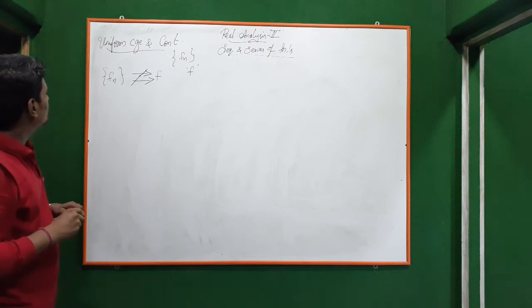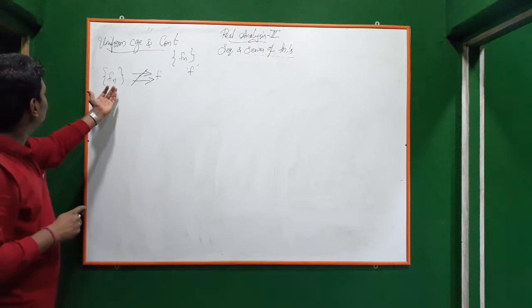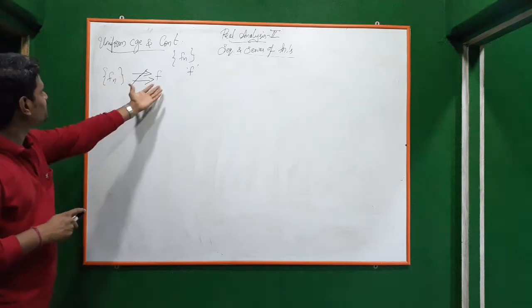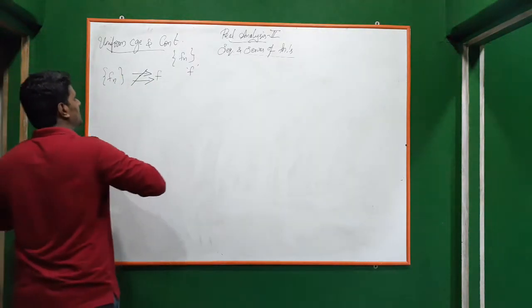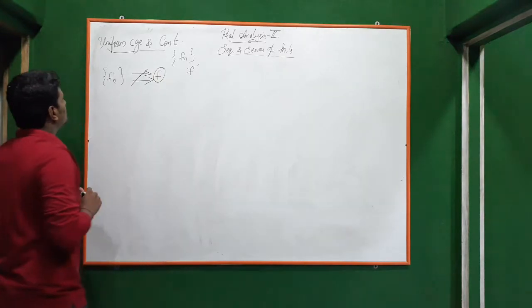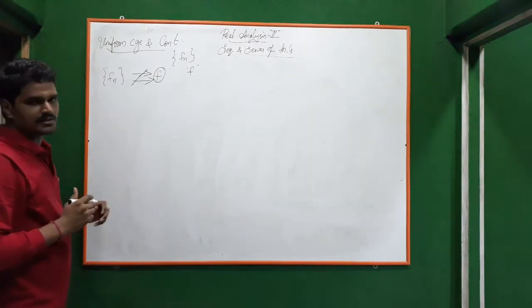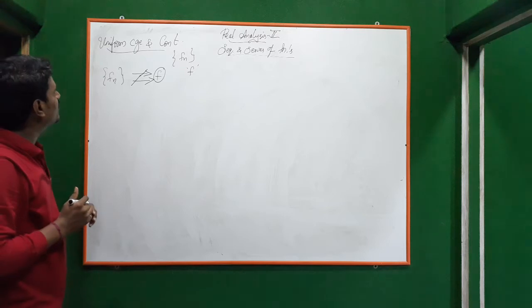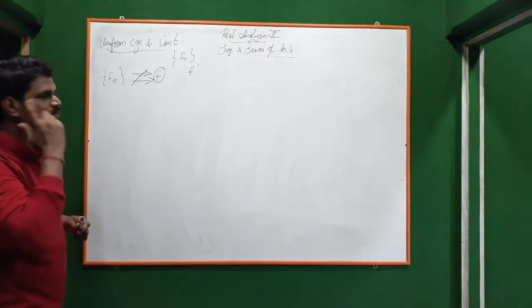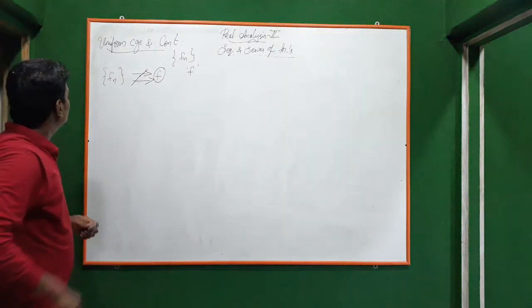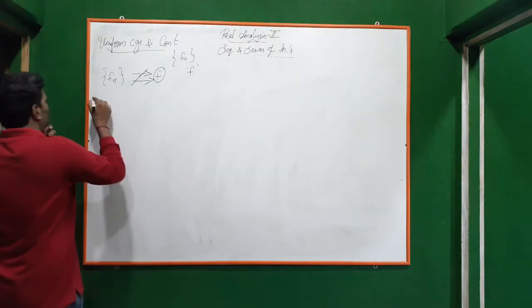So here is the condition for this sequence of functions to make f a continuous function. That is uniform convergence. So that is the relation between uniform convergence and continuity. That theorem we have proved, and we have seen some counter examples also there. Now we have to prove another result,